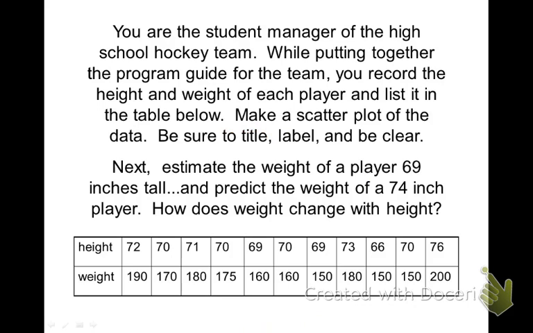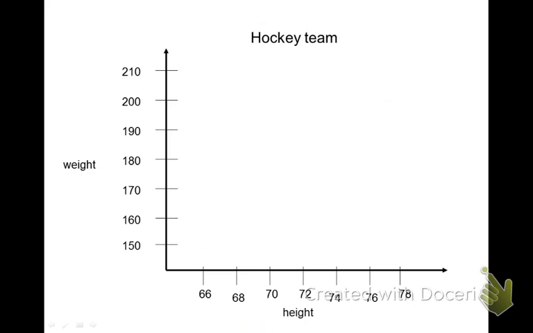So we start here with a bunch of ordered pairs, and now we have to take those ordered pairs and transfer them to the coordinate plane. In this case, we're going to make weight our vertical axis, we're going to make height our horizontal axis, and as we plot each of those points from the previous page, we're going to get something that looks like this. Now, obviously, we don't have a perfect straight line in here, but